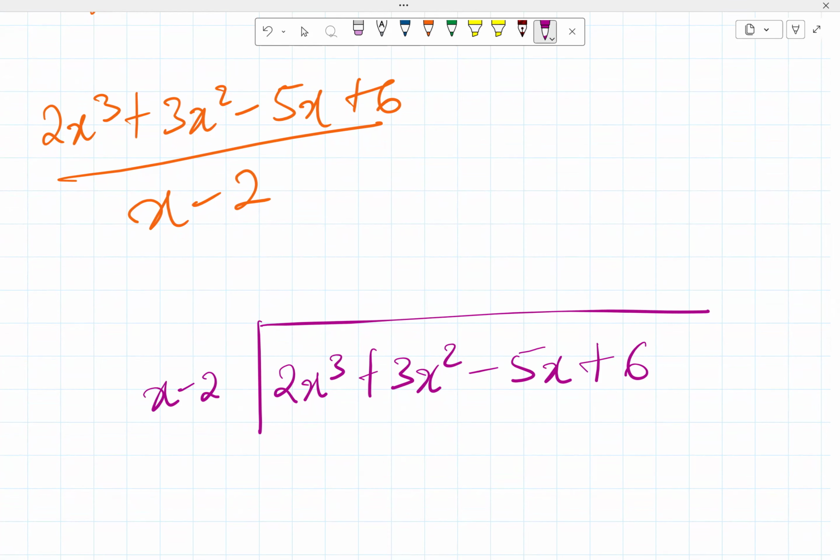So now you have 2x cubed plus 3x squared minus 5x plus 6. You want to divide by x minus 2. So it's the same thing I just explained over there, but it's not this graphic. Okay, so what we're going to do here is now we say